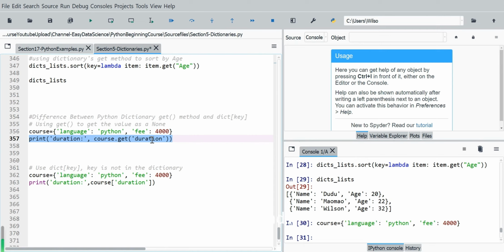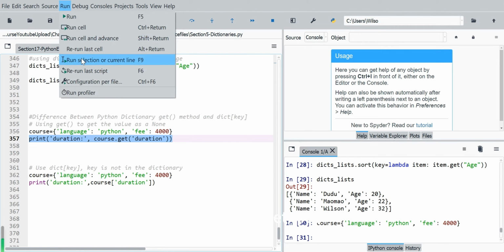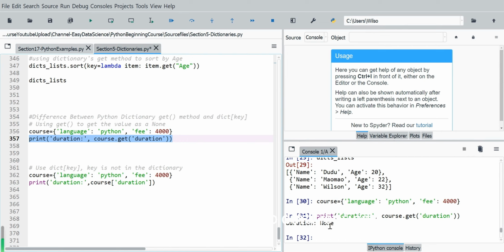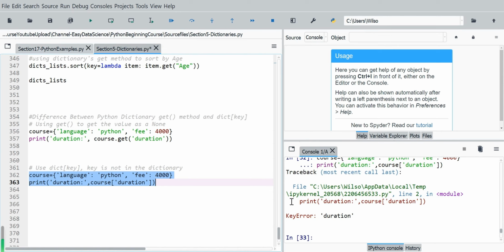Because duration is not found in this dictionary, if we use the get method, the result will be None. But if we use dictionary brackets with the key, the result is a key error, because duration is not found as a key